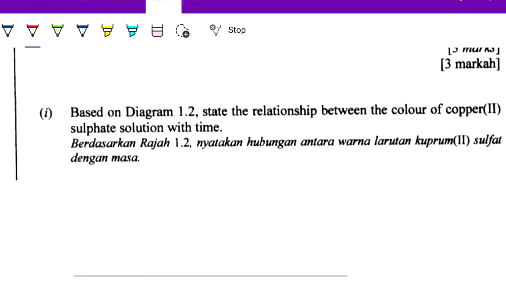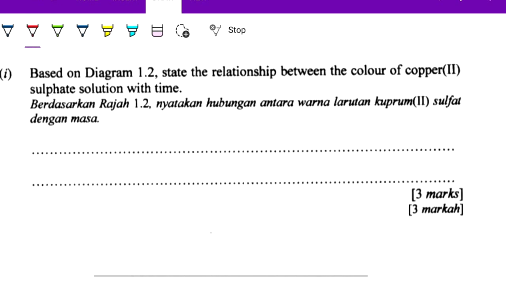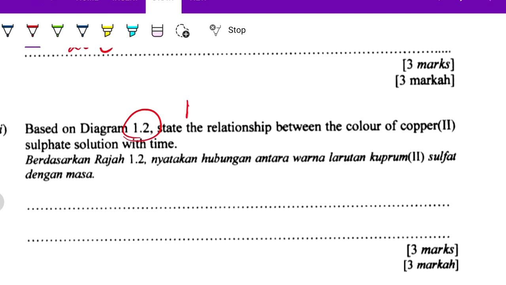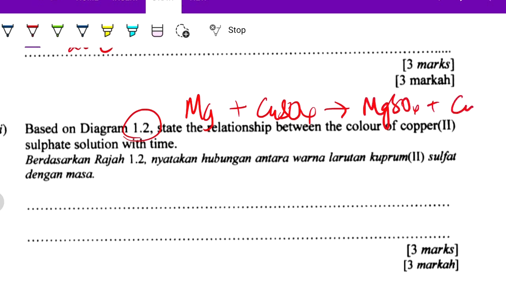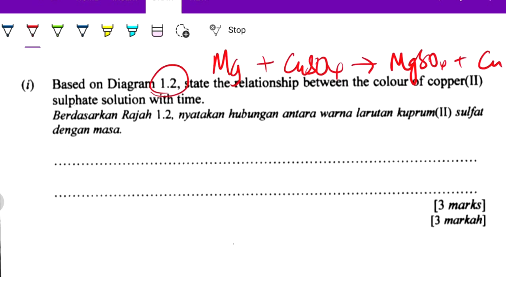So based on the diagrams, 1.2: state the relationship between the color of copper(II) sulfate with time. So 1.2 is the reaction between magnesium with copper(II) sulfate. It forms magnesium sulfate and copper. So copper(II) sulfate is being displaced, meaning that it will change to copper. So meaning that the blue